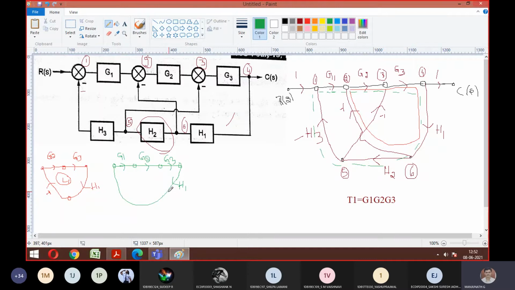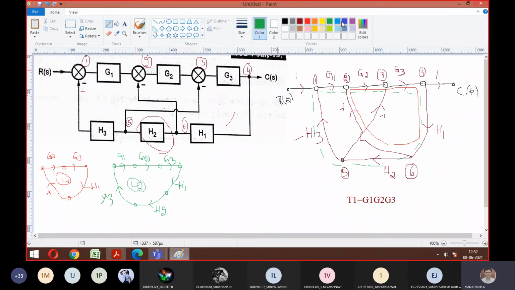So H1 is there. Here you can see our diagram is the same way I'm replicating. Here a node, here a node. So here you can find there is H2. And again, that is going to end with -H3. So is this your loop 2, guys, everyone? Yes, sir. Good. So loop 2 is over.